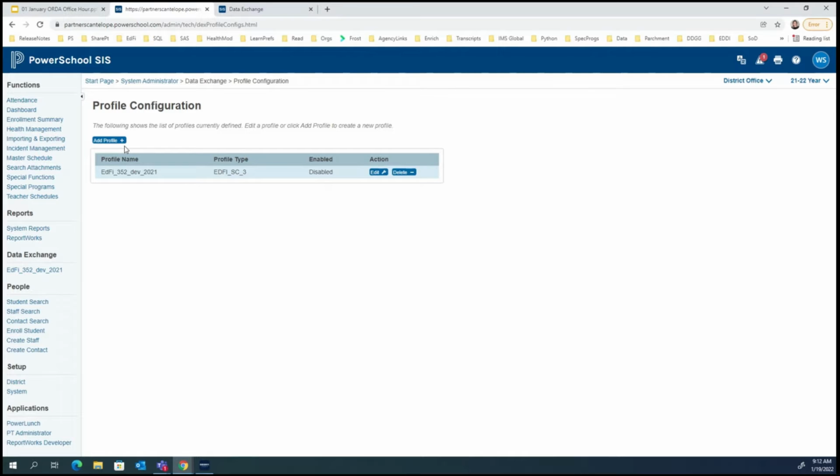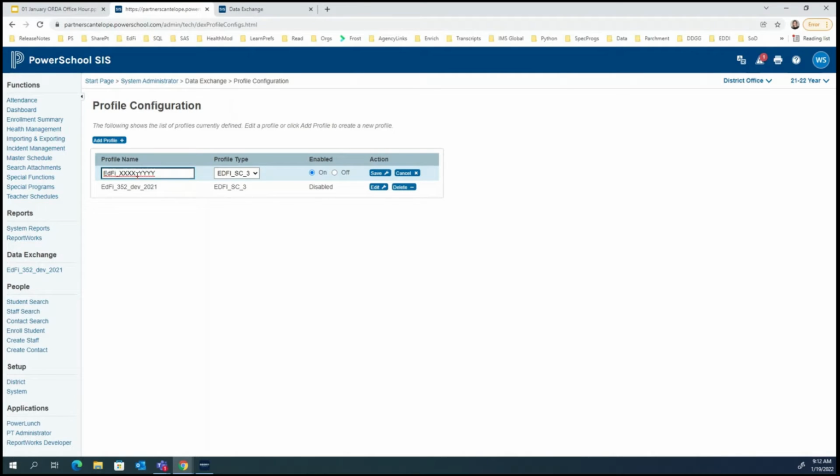And now I'm going to add a profile. So I'll click Add Profile, and we have a naming convention that we'll use to name our new profile. It looks like this. I'll just use some X's and Y's here, then I'll change it up to show you a better example. So it'll be edfi underscore, and we'll just put XXXX underscore.